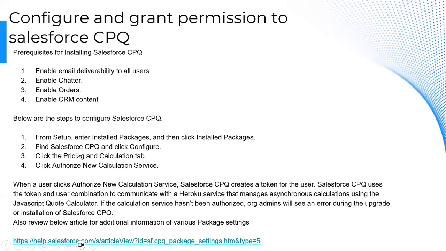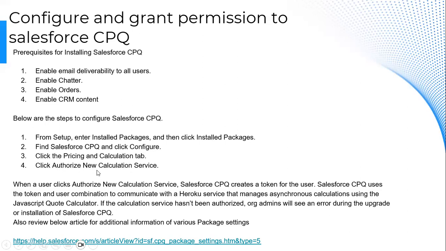We have to go to Setup, then enter Installed Packages in the Quick Find box of Setup, and click on Installed Packages. We have to find Salesforce CPQ and then click on Configure. Then we have to click the Pricing and Calculation tab, and then click on Authorize New